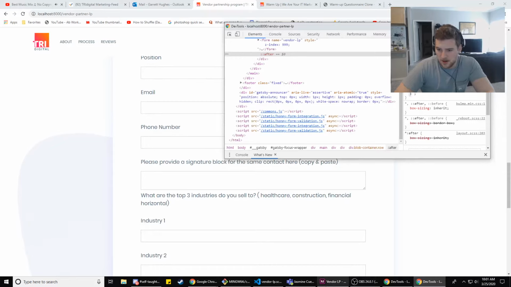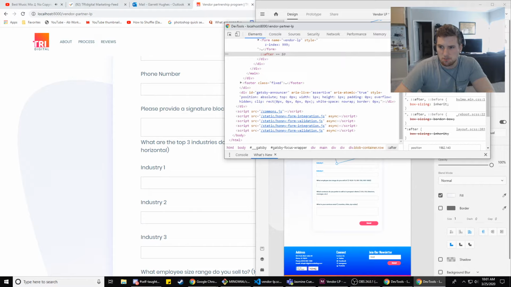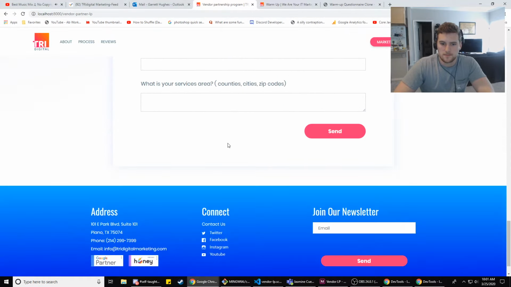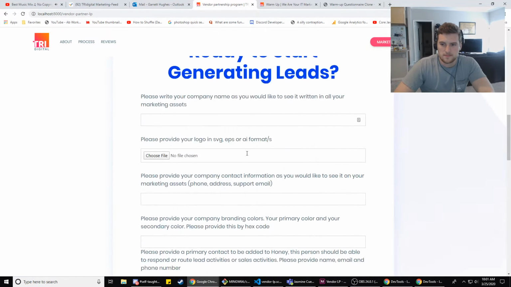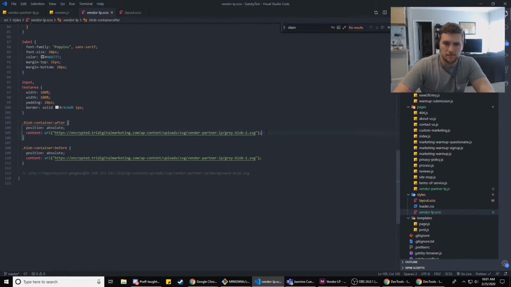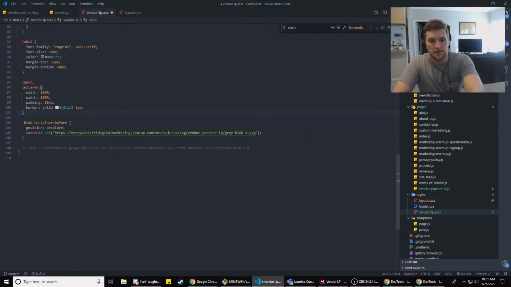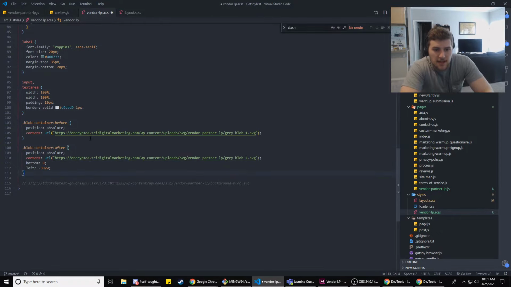I think it's supposed to be off the page a little bit, huh? Yeah, so we'll do left like minus 10 view width. Let's keep going. 11, 12, 13, 15. That works. Like minus 30 view width, and then bottom 0. That'll work. That looks good. So that was after, right? And then we're not going to mess with the before, and I need these to be in the reverse order, because before comes before after. Yeah, there we go. That's what I meant to say. All right.